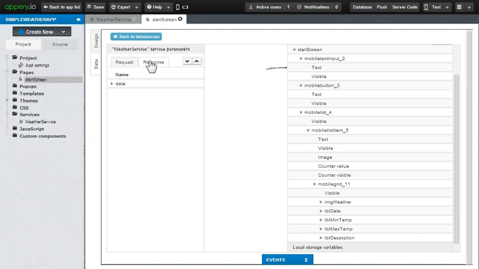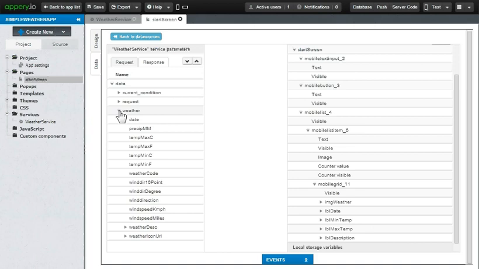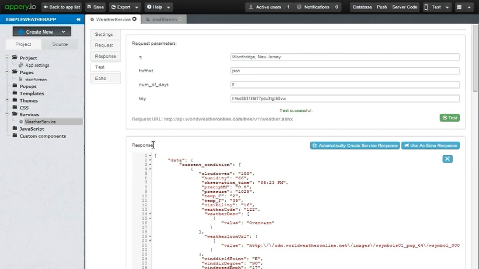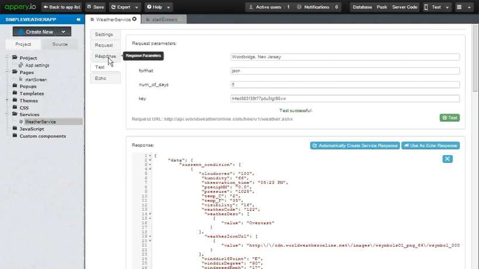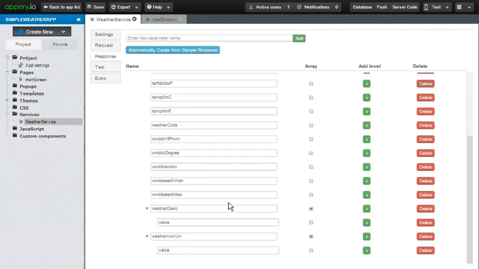Now let's come back to the response. There's a lot more mapping that will be required. When you drill down on the response data, you can again see the same response that we modeled as a part of the weather service. Just to jog your memory, this is the response that we got echoed back, and this was the response tree that we had seen back then.